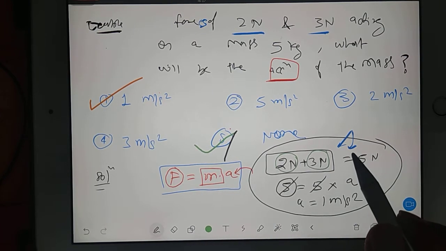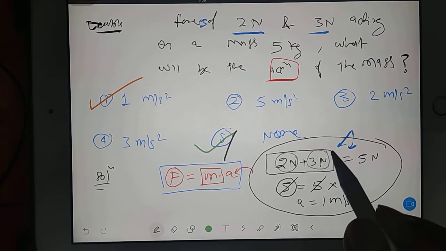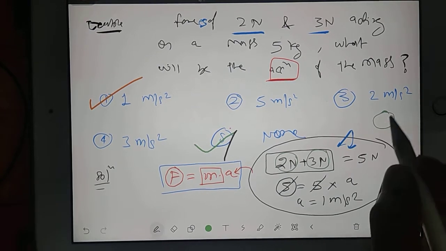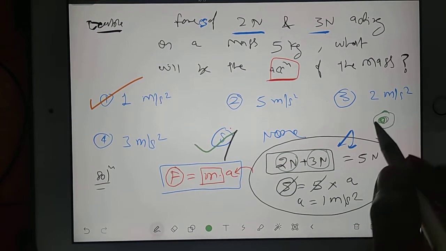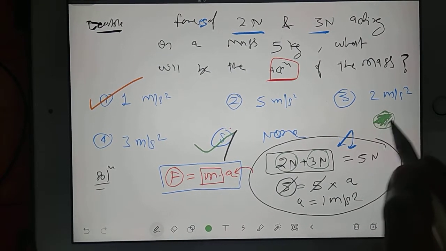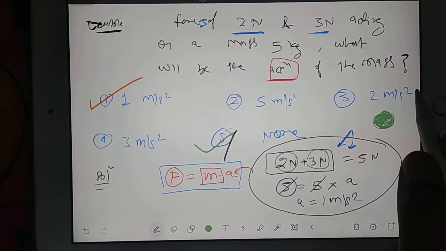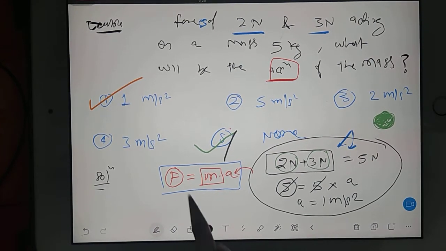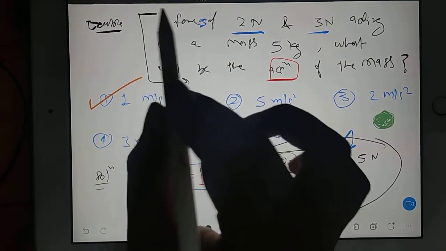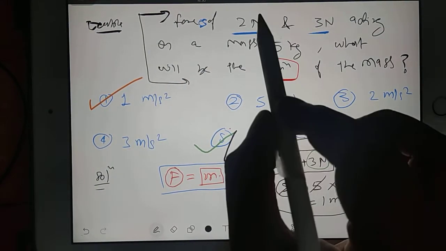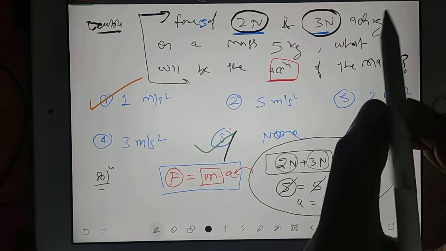This is the problem with vector and scalar. If I say there is a mass m, and on this mass m, 2 forces are acting, one is 2 Newton, one is 3 Newton, what is the resultant force acting on the mass? You cannot say, because I did not mention the direction. It means this is an incomplete question. Why incomplete? Because we don't know the direction of 2 Newton and 3 Newton.